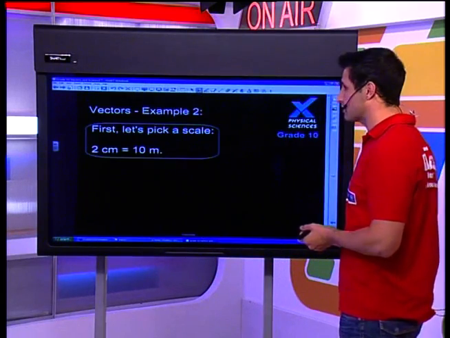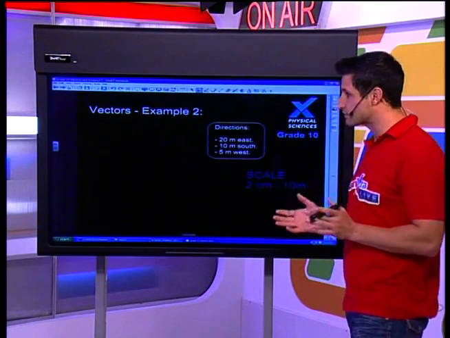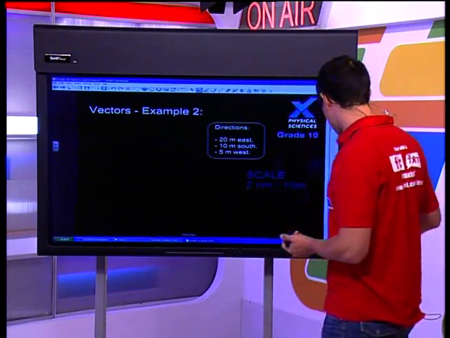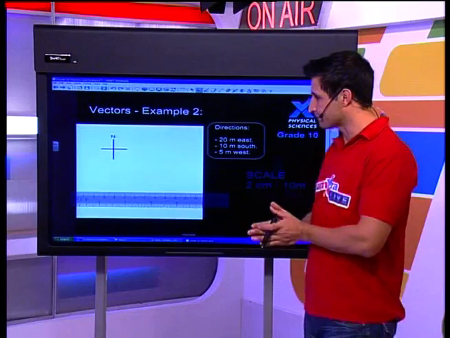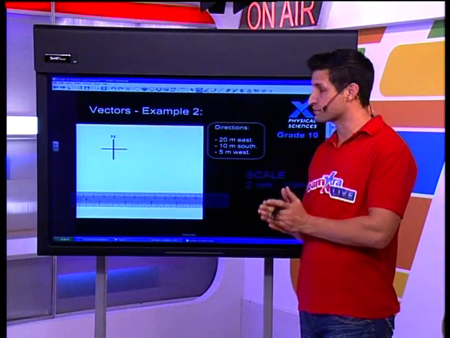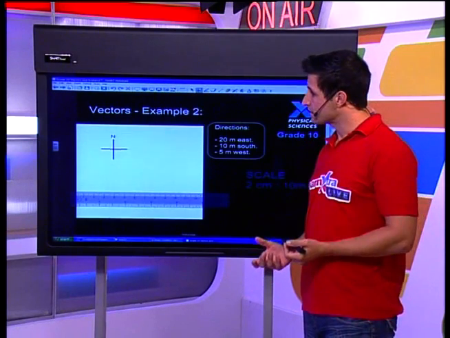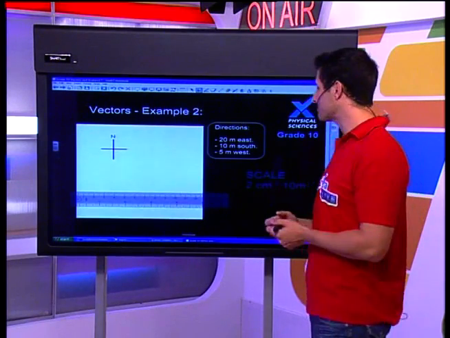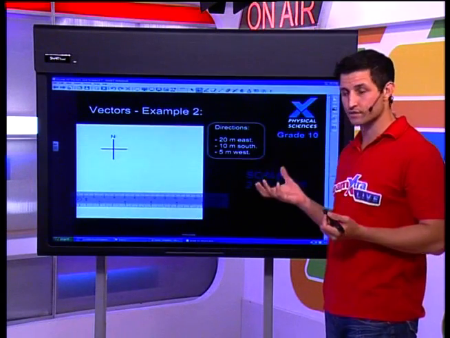Let's find out what's going on. So now I've picked my scale, right, and I've written my scale in the right direction. Okay, so now I've got all this empty space to work with. So what I'm going to do is I'm going to make a blank space to draw on. Now you'll notice that inside that blank space, I've actually drawn a cross with a north. Now the reason that I've drawn a north is because I've been given all these directions. I've been given a reference to east. I've been given a reference to south and a reference to west.